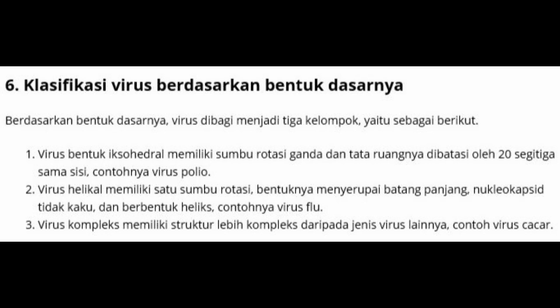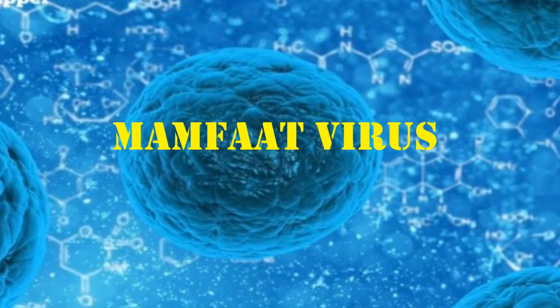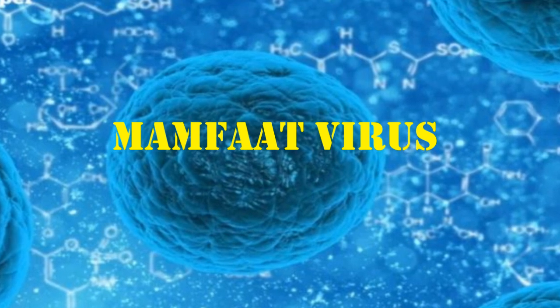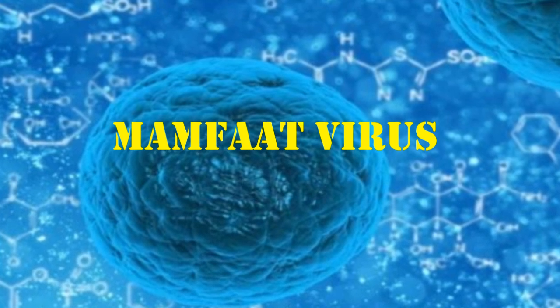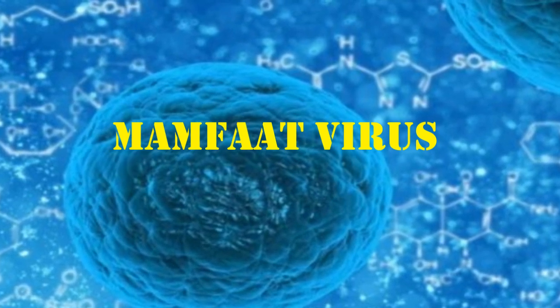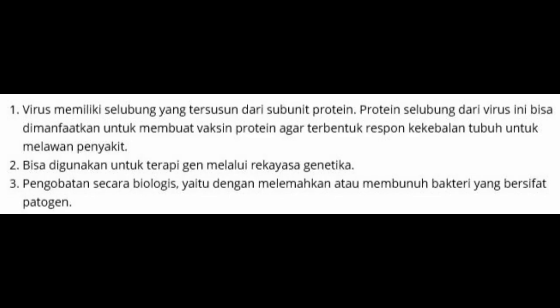2. Lysogenic cycle. The lysogenic cycle occurs if the host's body defenses are stronger than the virus's infection power. In this cycle, the host cell can still reproduce normally and will not burst immediately. However, bacteriophage viral DNA will interact with the chromosomes of the host cell to form the prophage. When the host cell containing the prophage divides, the prophage will be passed on to the next cell. The stages in the lysogenic cycle are adsorption and infection, penetration, fusion, division, and synthesis. To understand more, please see the following picture.